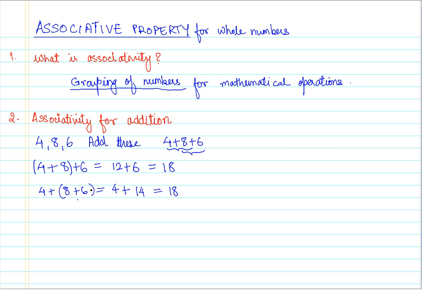Now if we reflect upon what we have done, we have changed the grouping of the numbers in this addition. In the first method, we took the first two numbers, added them first and then added the third number. Whereas in this case, we took the last two numbers, 8 plus 6, and then added 4 to it. So in both cases, we have the same result. You can try this out for any set of three numbers, and you will get the same result. So I can just conclude that the results